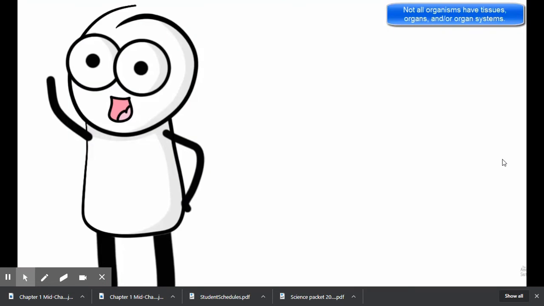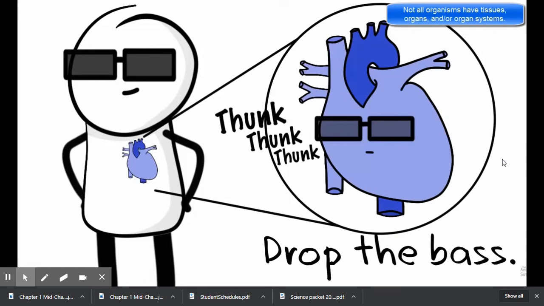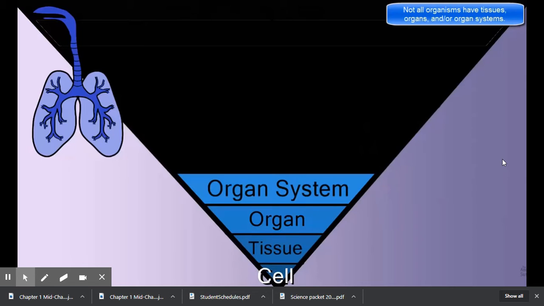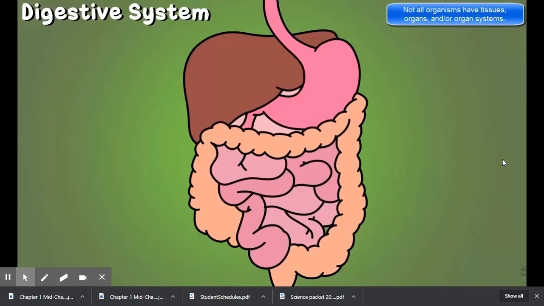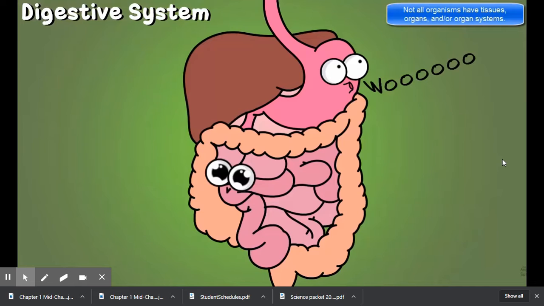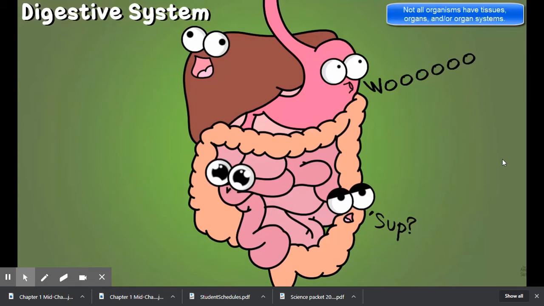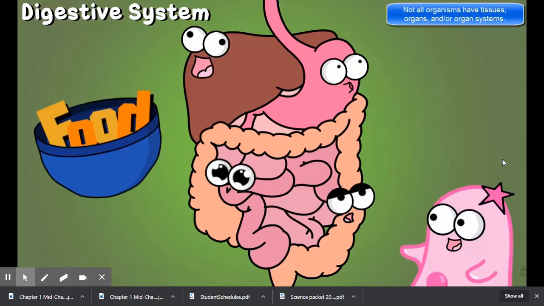Tissues make up organs, which is our third level. You have a lot of organs in your body. An example of an organ would include your heart. When you have multiple organs working together, you end up with the next level, an organ system. Consider the digestive system. It includes your stomach, the small intestine, the large intestine, liver, etc. These particular organs work together to help you digest your food and to use the food for energy that you need for all kinds of cell processes. The digestive system is just one example of an organ system.